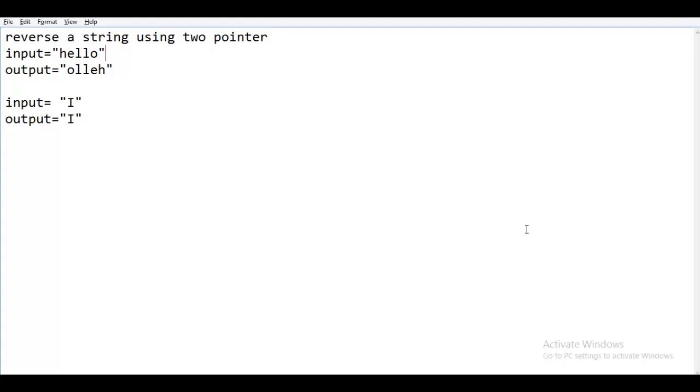Hello guys, welcome back. So in this session we are going to solve the same problem we have already solved in our previous video, which is about reversing a string. But what is going to be new in this video is we are going to learn another technique called the two-pointer approach. The two-pointer approach is basically to reduce your runtime, to reduce your time complexity.